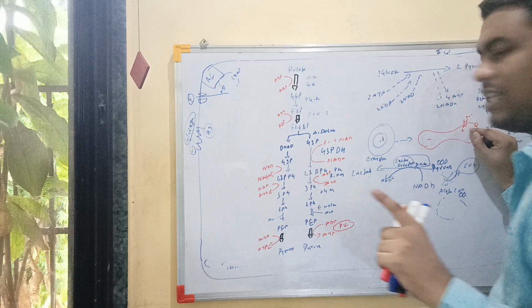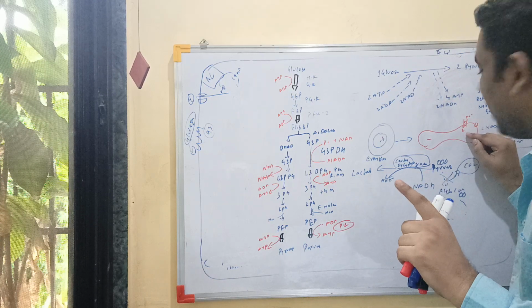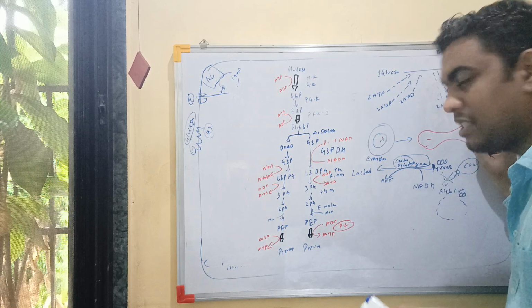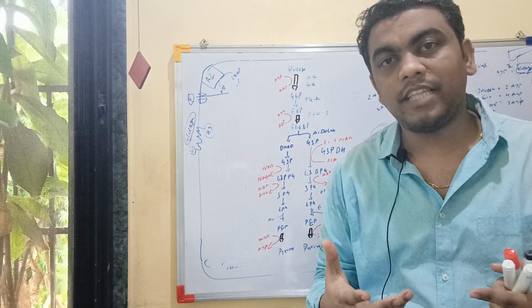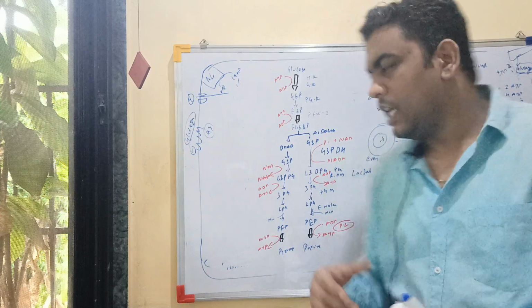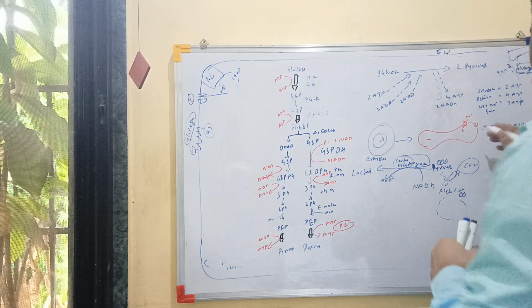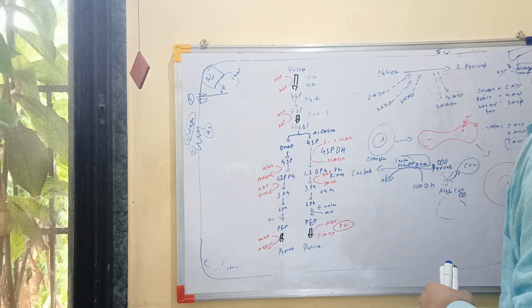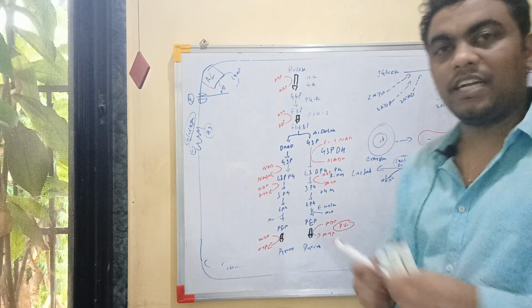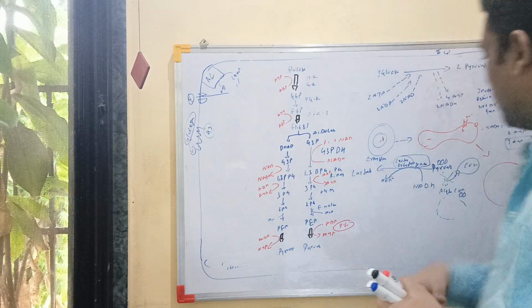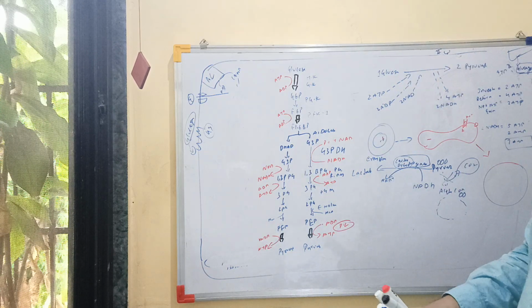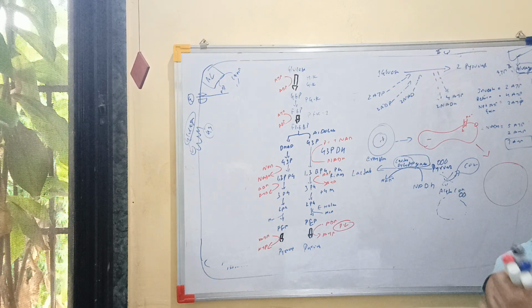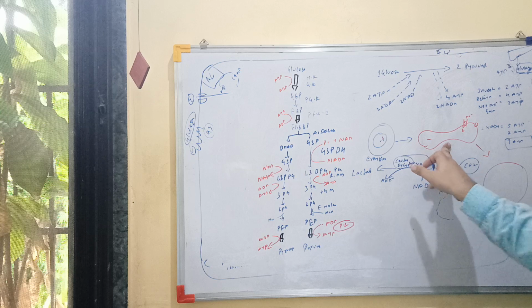If sodium potassium ATPases do not work, sodium will remain in the RBC. There will be a lot of accumulation of sodium in the RBC. If sodium is accumulated in the RBC, who follows sodium? Water. If water is coming into the RBC, this RBC will be in a spherical shape. It will be a little bit swelled, bulgy. It will not be a very nice shape. So we have to understand what we are talking about,